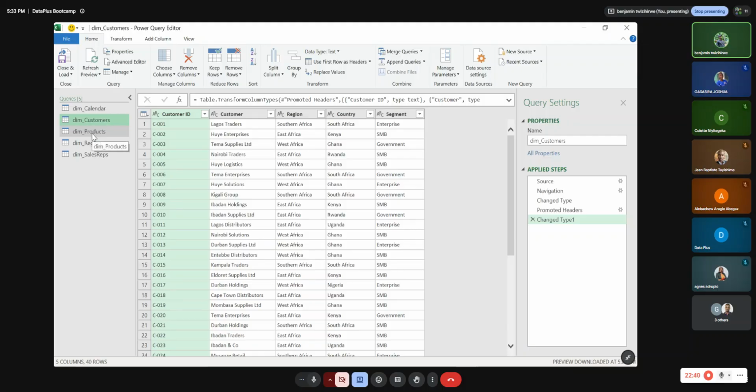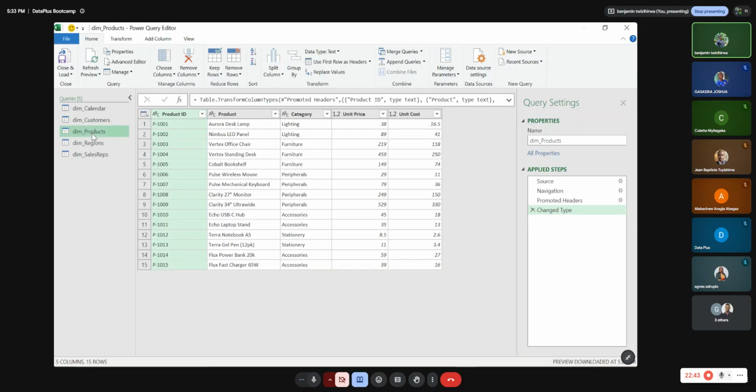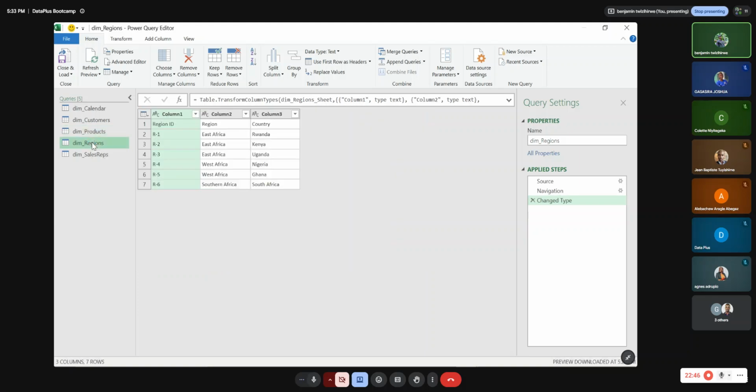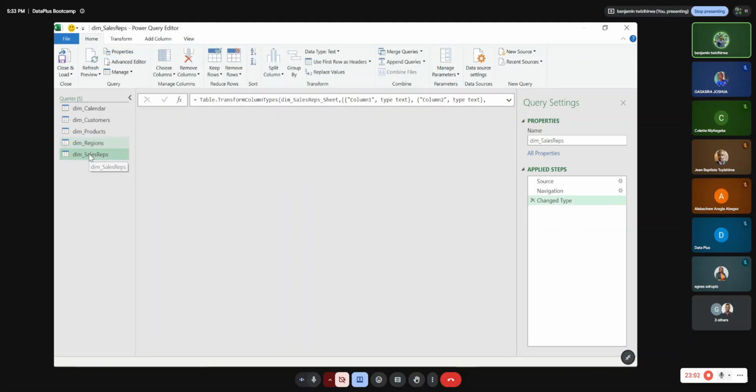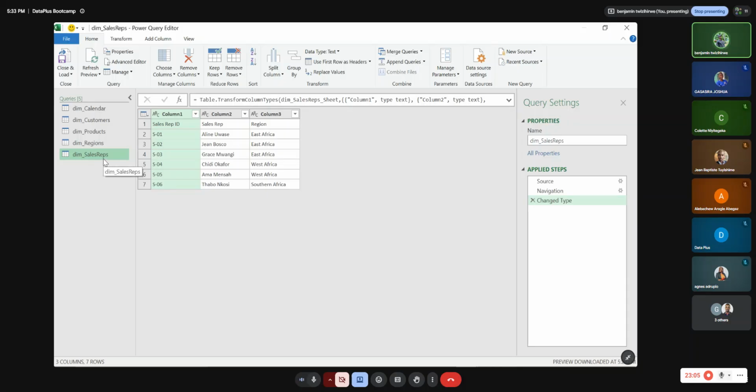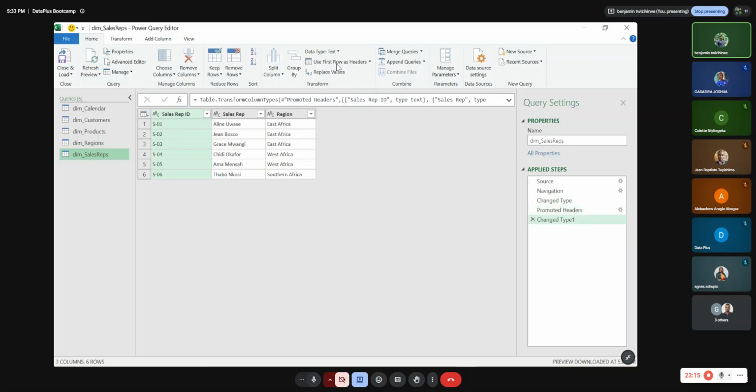So let's check the third. It's okay. And the fourth. Even on the fourth, dim region, we have the same case, so we have to come here and use first row as header. Let's also check the dim sales table. It has the same issue, so we come here and use first row as header. Okay. So after doing this,